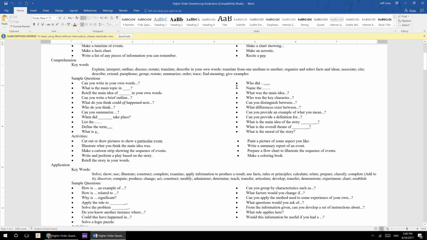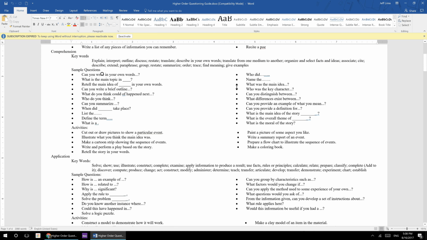Comprehension has to do with being able to explain, interpret, outline, translate knowledge into different words, which means that you absorbed a little bit of that knowledge. But computers can comprehend too. You can tell computers something, they can understand what you said and search for you. So there's some level of comprehension in there. But I really want to push students to go deeper than those first two levels.